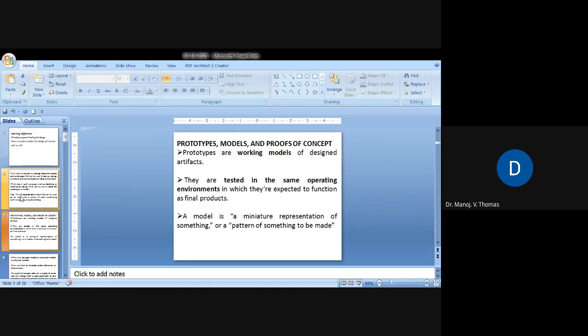I'll give some examples in computer science. In computer science, when we design new software, definitely models are involved, prototypes are involved. So when some company launches new software, say for example a new web application or new mobile application or new operating system or any software, you would have heard of the terms alpha testing and beta testing, or alpha version and beta version. So they are actually prototypes.